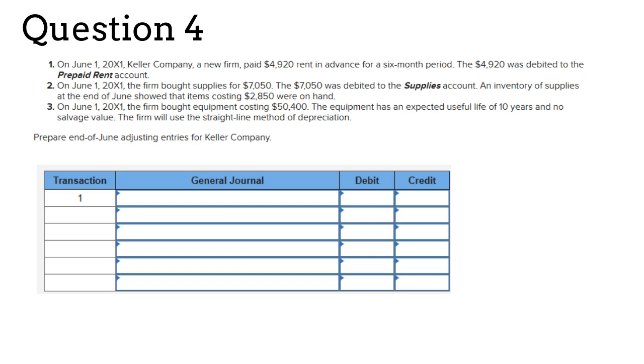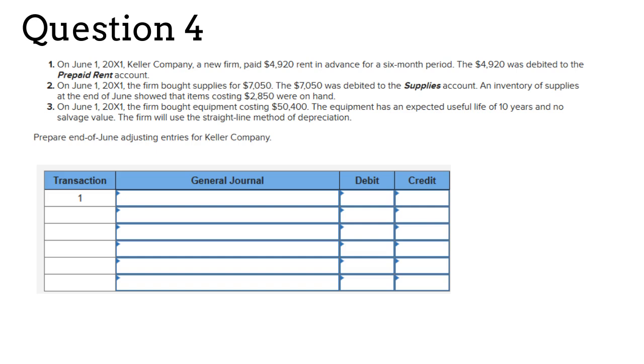The fourth question tests your knowledge about adjusting entries and recording those adjusting entries in the general journal. Let's look at the required adjustments. The first question requires that you calculate how much of the prepaid rent has now been used up and should be recorded as a rent expense. The second question has you record supplies expenses, like we did in the first exercise of this chapter, and the third part requires that you calculate and record depreciation expenses.